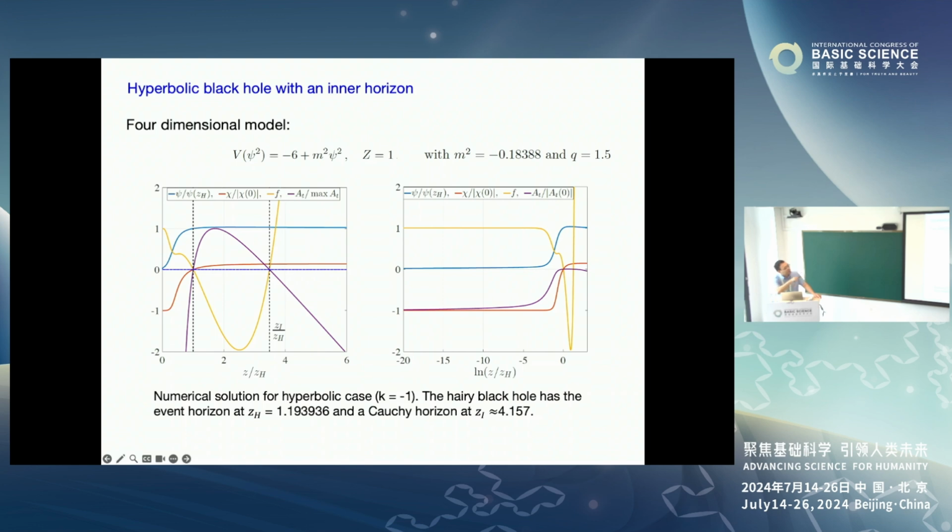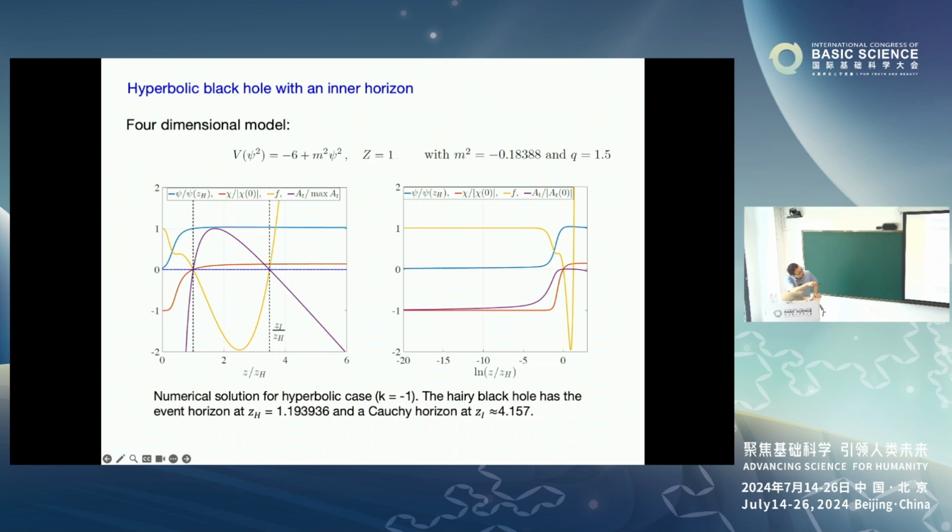This is a very simple potential. It's the minimal model for the free charged scalar. And we set the coupling z equals 1. It's a very simple case. And from our numerics, we can show that, let's see it more clearly. So capital F is the yellow curve.